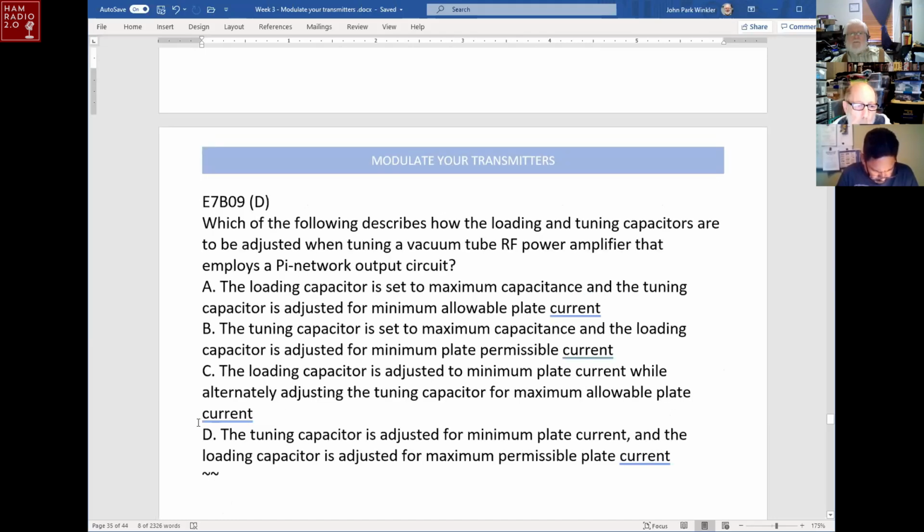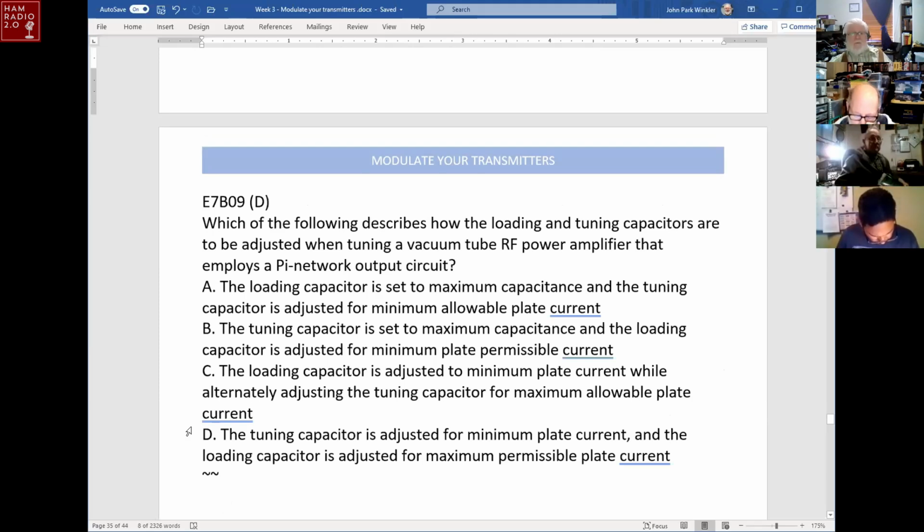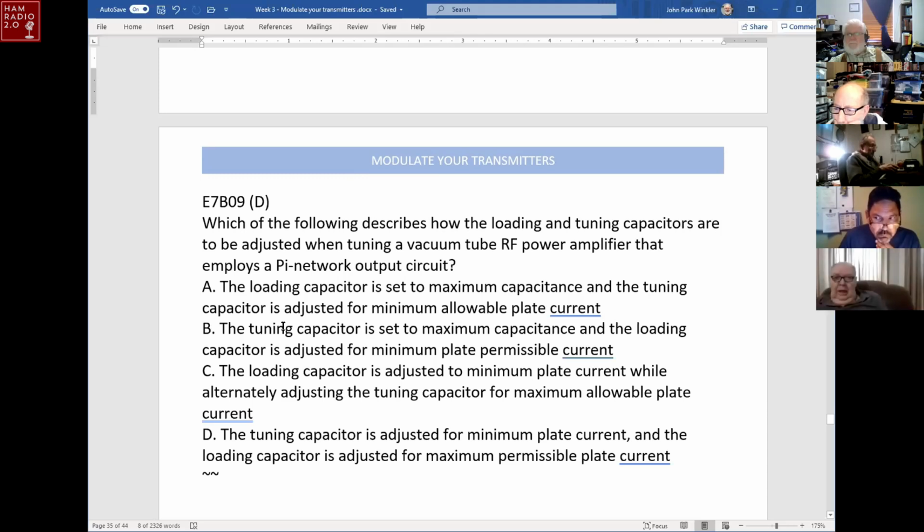Which of the following describes how the loading and tuning capacitors are to be adjusted when tuning a vacuum tube RF power amplifier that employs a pi network output circuit? Has anybody here, how many people here have used a vacuum tube amplifier? Me. Yeah,